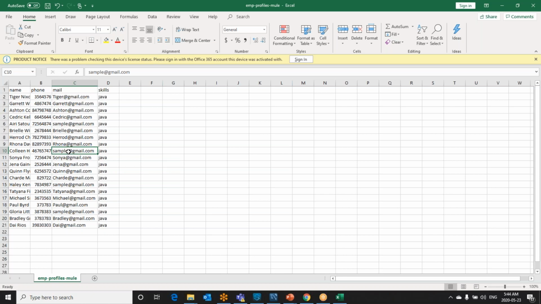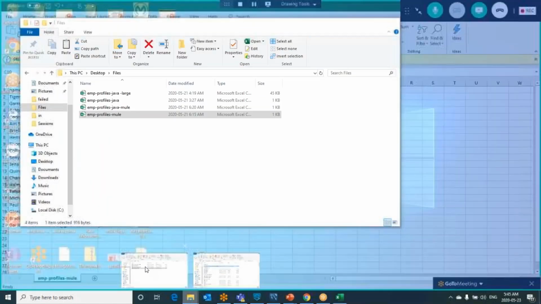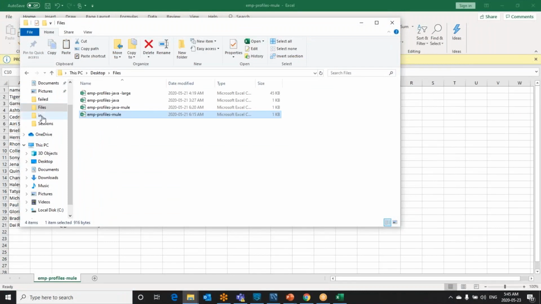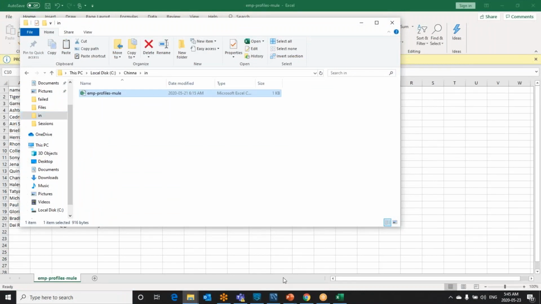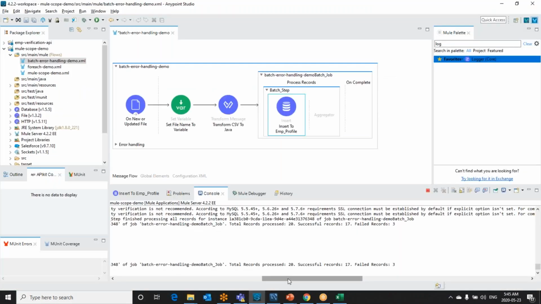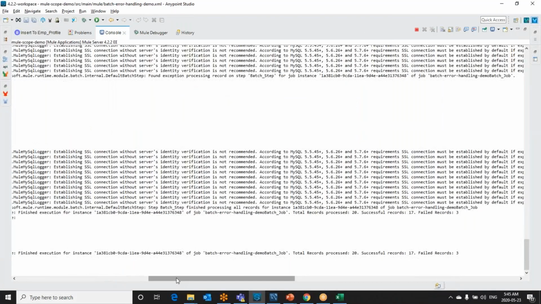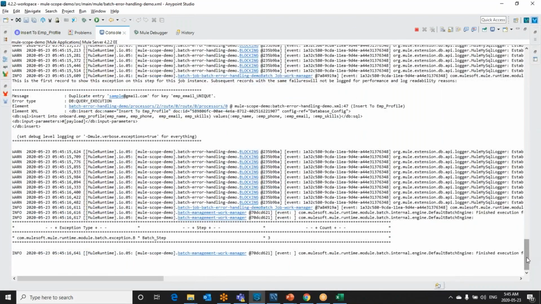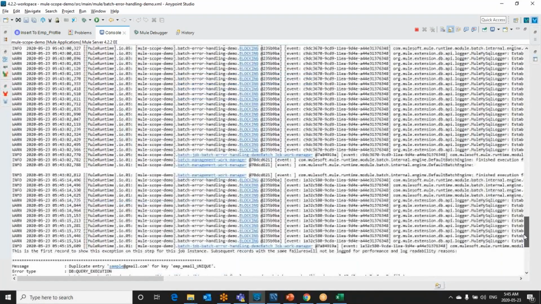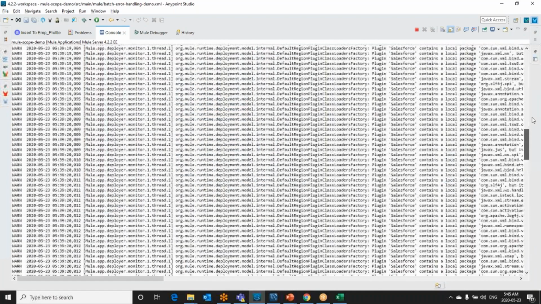Our assumption is that in the console, Mule should not show the same error 3 times. Rather than that, it should show it only 1 time and it should show us how many times the same error occurred. Let's see that now. Go to file. Let me copy this file. Go to the input location. Put it here. Mule has picked it up. Scroll up. Now we can see the error is printed only once.